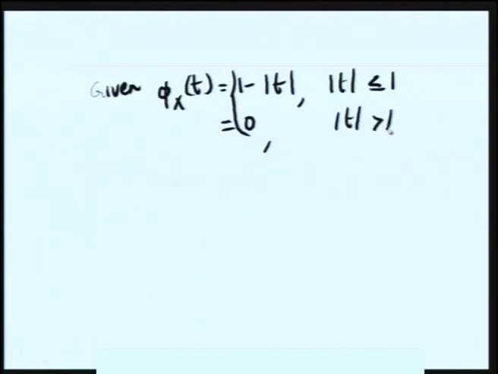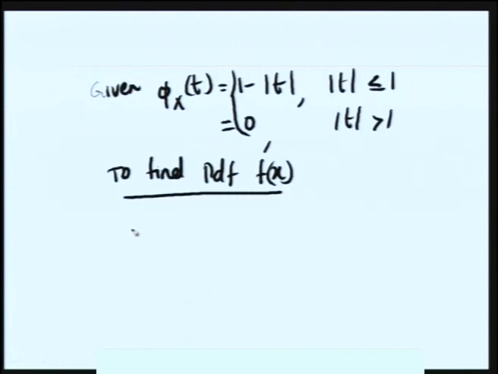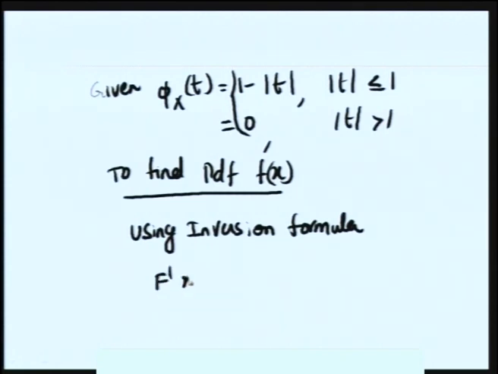Okay. And we have to find out the PDF. To find the PDF f of x, using the inversion formula, do you remember the inversion formula which was taught in the previous session? The inversion formula says that F dash of x, the differentiation of the distribution function, is equal to